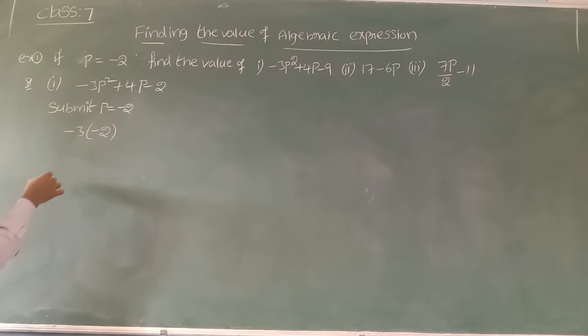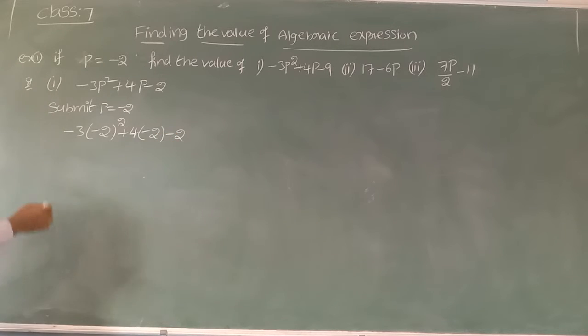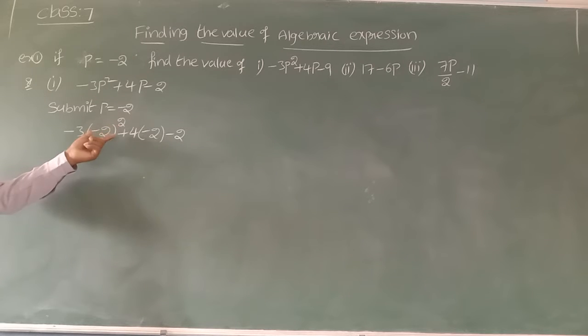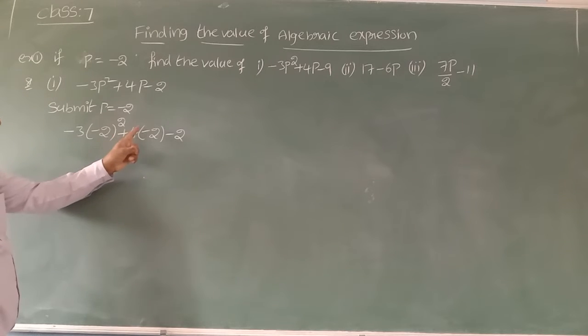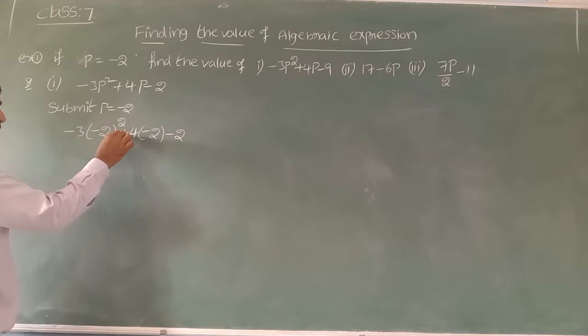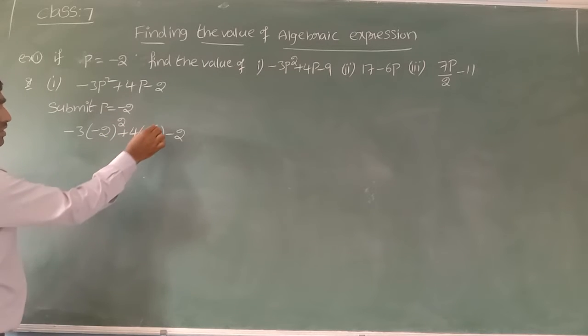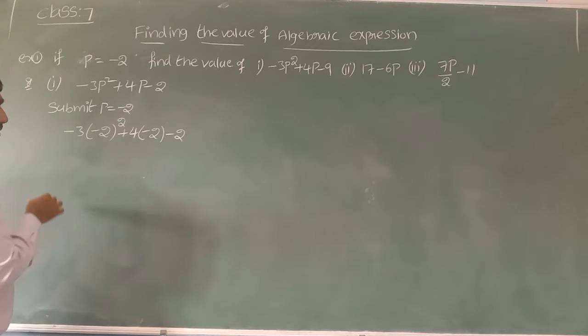Minus 2 whole to the power of 2, plus 4 in the place of p, minus 2. Write in brackets, beta, minus 2, minus 9. Can we simplify minus into minus plus like that? No, we can't simplify, beta. First we have the power. Simplify that power, then you can multiply. Here, bracket means multiplication: plus into minus. Here we can multiply directly, there is no power. But here we can't multiply, we have a power, so simplify that power first.